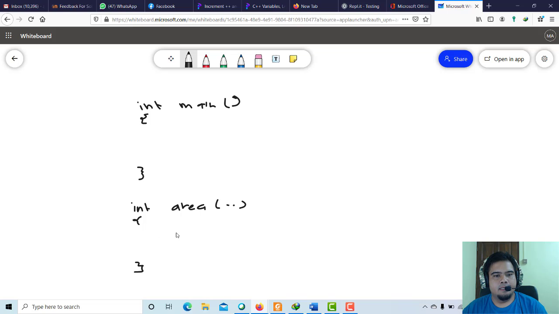So let's say I declare float length equal to 17.5. And in this main function, let's say I want to do some operation with the variable called length, equal to length